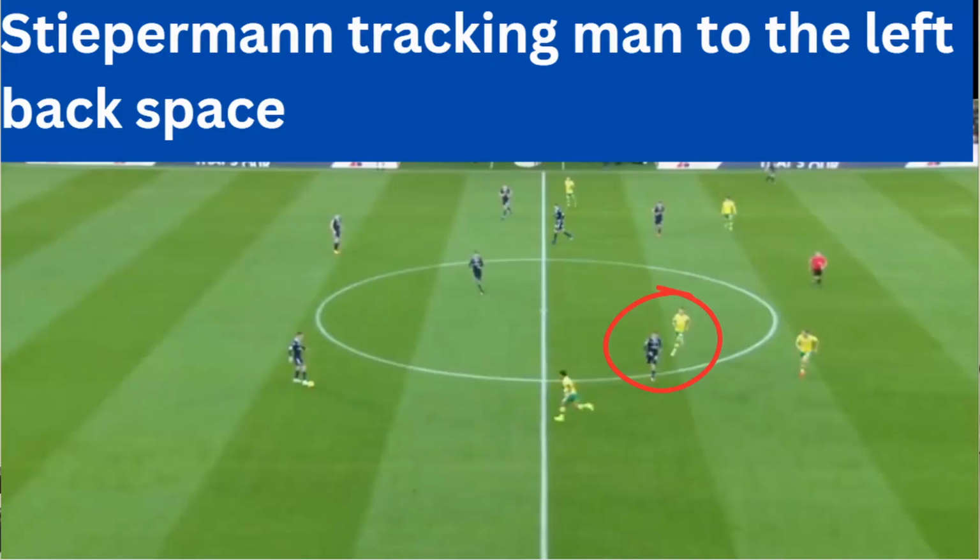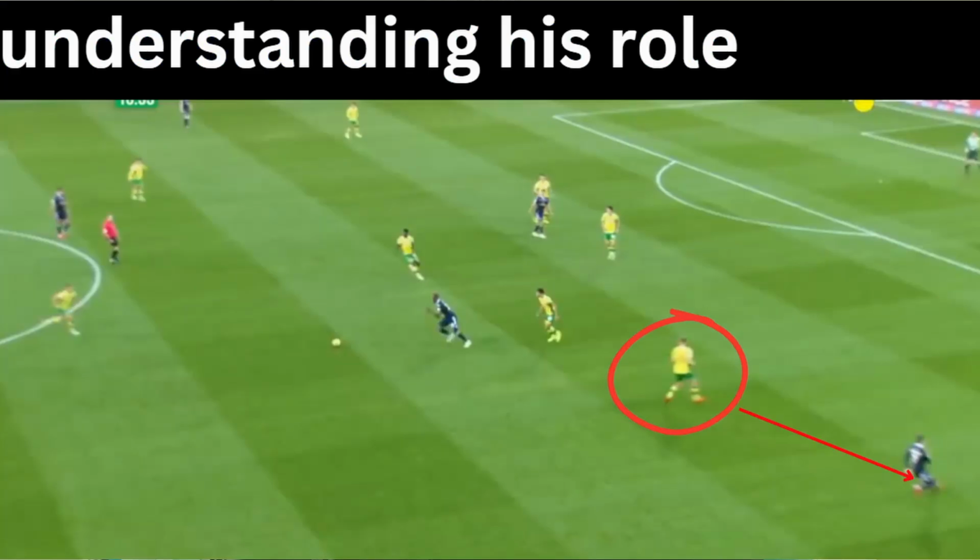When is the trigger? Because a lot of the time, Pirro is not the trigger to press. Pirro cuts the pitch off. So the centre-backs split, Pirro sits in the middle, and he'll cut one side off and force him down one side. This is where Aaronson triggers the press by going at the right time to the right man, and everyone else follows. It's understanding that trigger, when to go, when to drop deeper, who your man is. If your man's going over there, do I follow? Do I pass him on? These are the small details that need to be learnt.